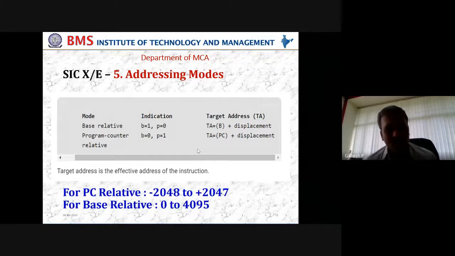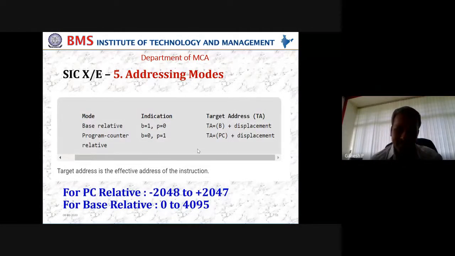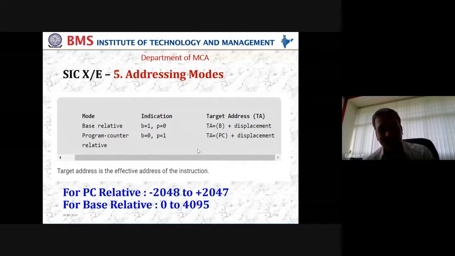When you're talking about program counter relative, you are at one location and you can traverse either to the right side or towards the left side. From one location, let us say 5,000, I can go in increasing order 5,001, 5,002, 5,003, 5,004, which is positive, or I can move to the lesser side, that is 4,999, 4,998, 4,990.